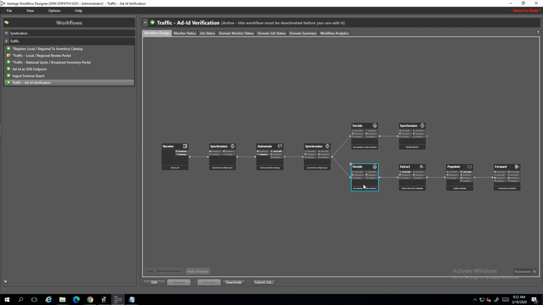So we use this extract tool to read out the information they return to us, and this populator to record it to a Vantage label. The ending forward action then sends the material onto the inventory workflow to complete the ingest process. So now that we've sent some files through and retrieved their information, both from the distributor and from AdID,